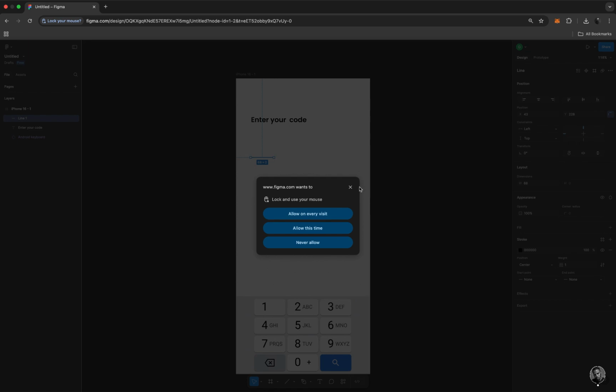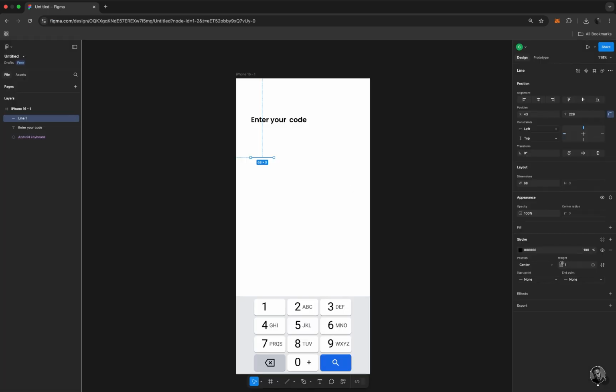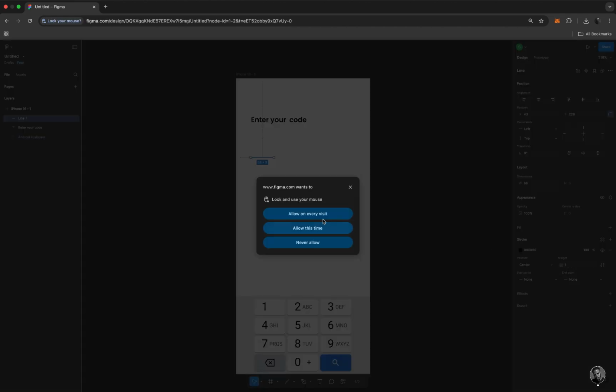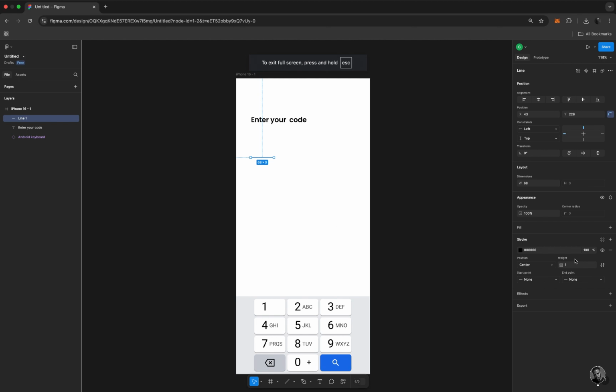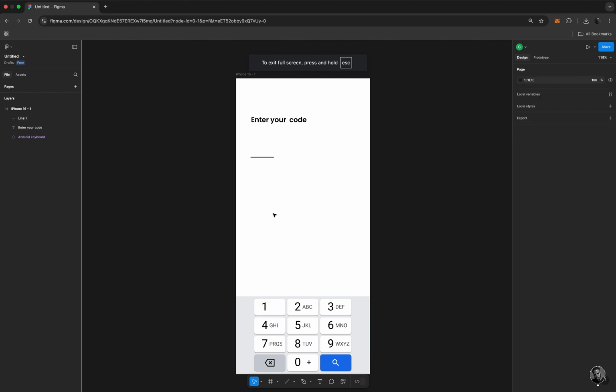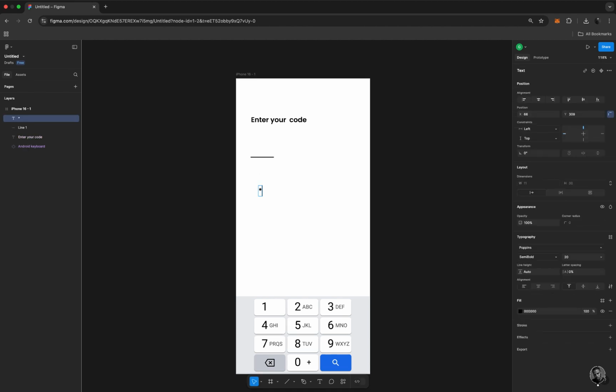I'll come here and increase the size. Okay, nice. Then I'll go ahead, when you tap your pin code, it's not going to show the actual number you are typing. It's going to show something like this, right? Cool. So here's what we're going to use for our